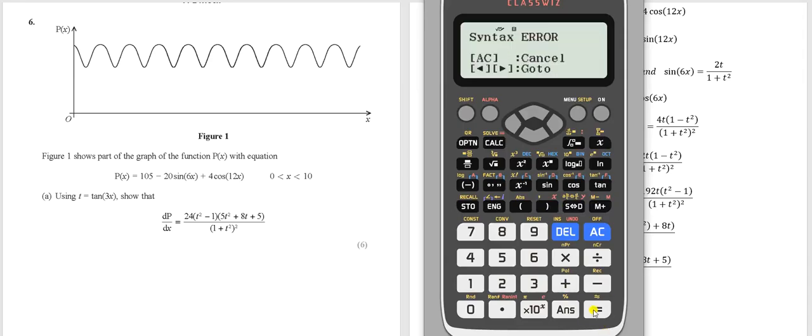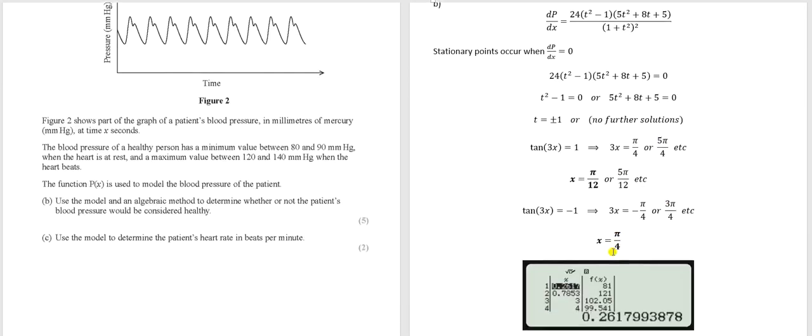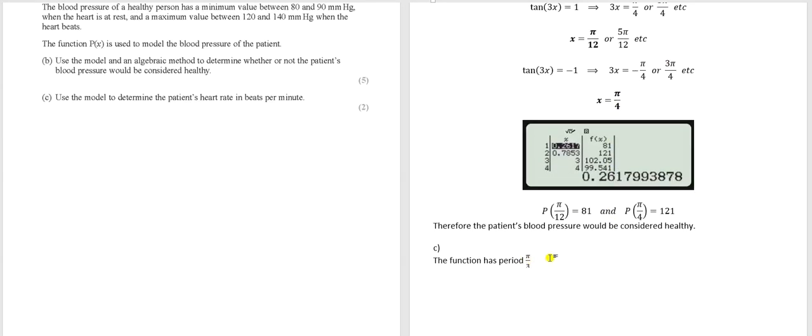And then we can go up. We've got to be careful of brackets for this, how many brackets we're supposed to get. Here we go. So this is now going up in multiples of pi by 12. 1 pi by 12, 2 pi by 12, 3 pi by 12, 4 pi by 12. And you can see how we get back to 81 by the time we get to 5 pi by 12. So we can be confident that it takes 4 pi by 12 or pi by 3 to make a complete period,